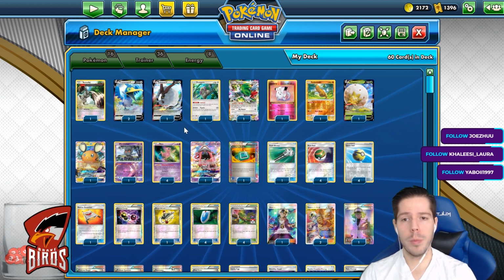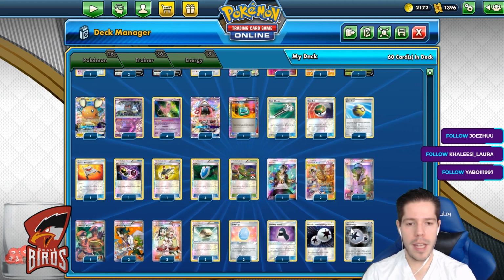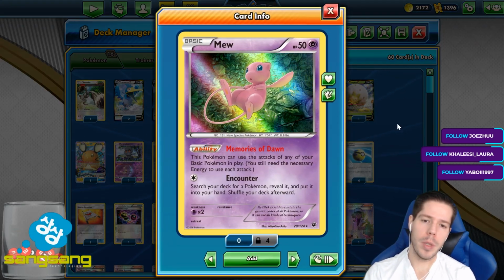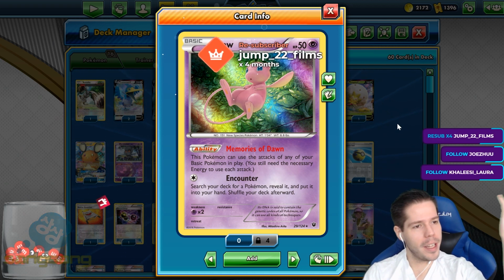So it's a Mew Cramorant deck. It's basically that, right? Because now with the twin energy and double colorless energy, you essentially have 8 attachable energy to the Mew, which is pretty awesome. Mew has the Memories of Dawn ability, where,